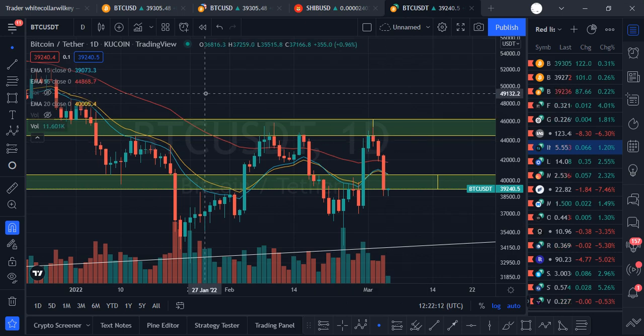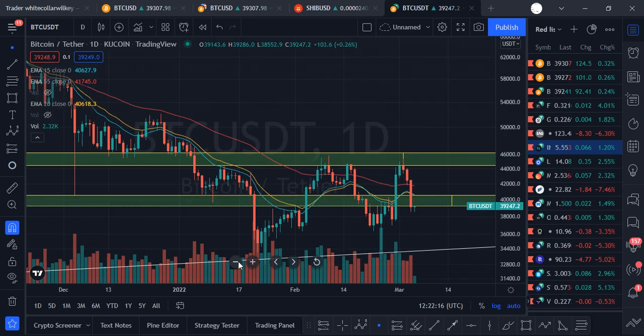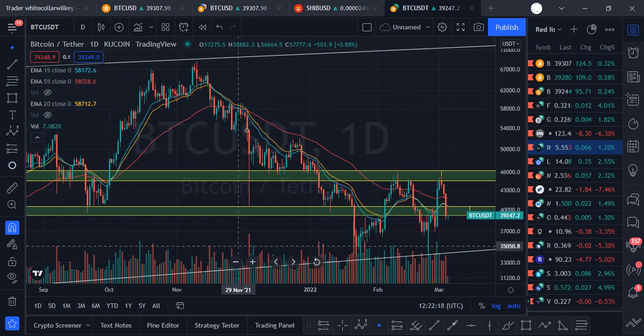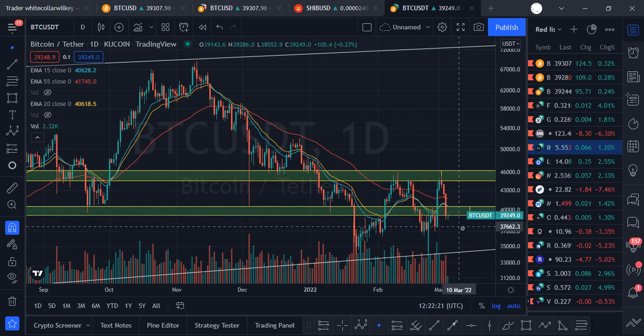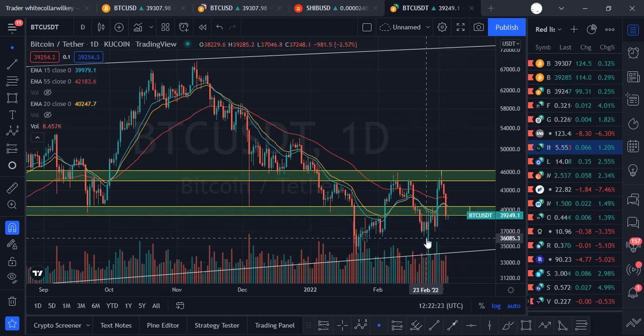On the KuCoin exchange, Bitcoin USDT, just having a fairly clean chart. And yeah, just put these yellow bands in for sort of areas of support and resistance. There's areas which it's pushed up against and broken through. The price there at 39,308, and then